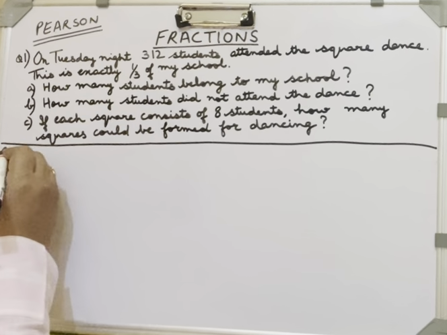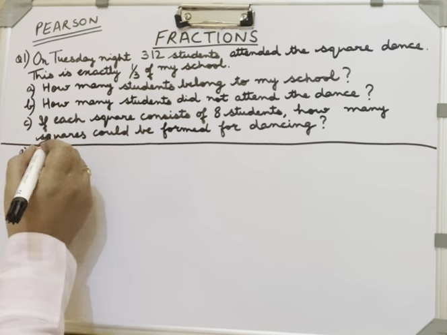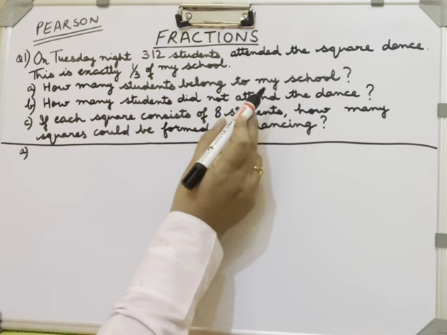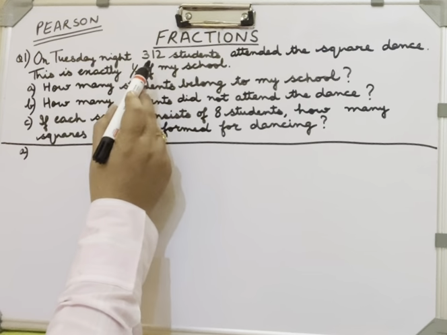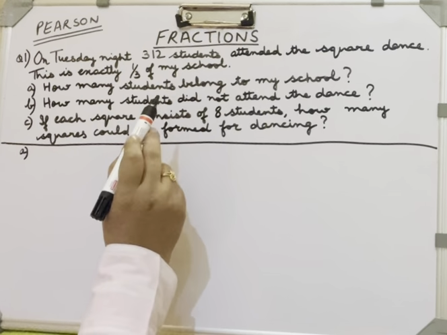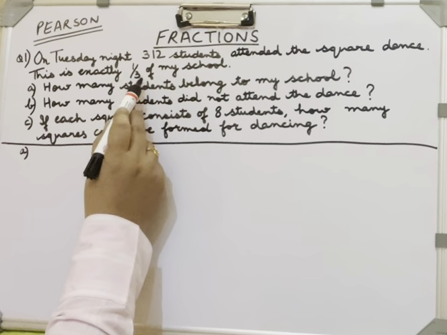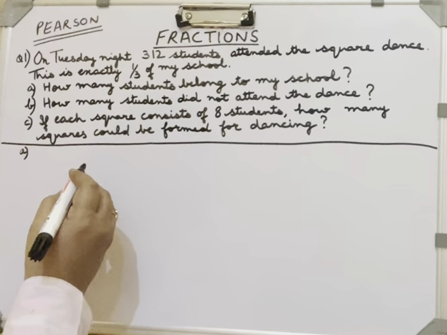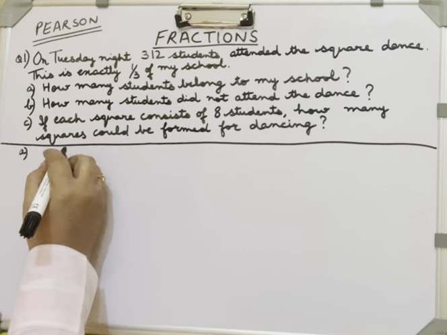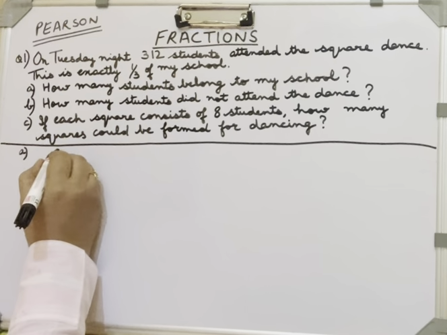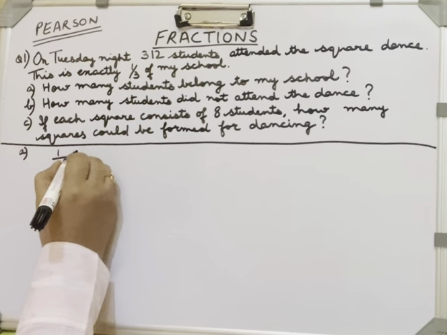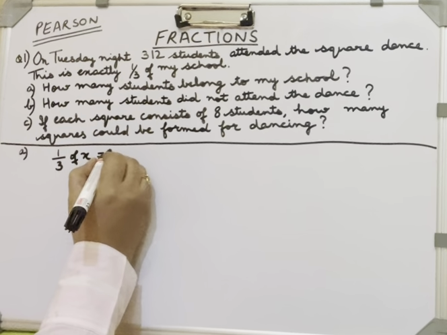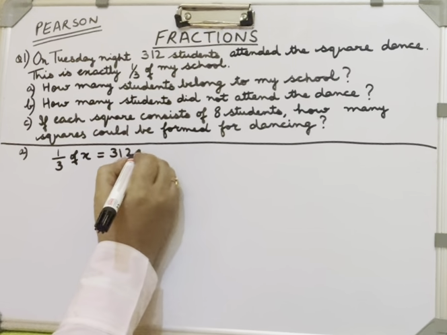So let's begin solving. Part A. How many students belong to my school? On Tuesday night, 312 students attended the square dance. This is exactly one third of my school. So let the students who belong to my school be X. So we see that 1 by 3 of X is equal to 312, where